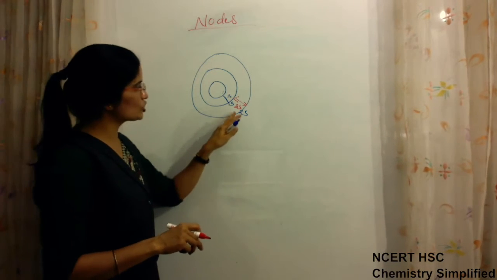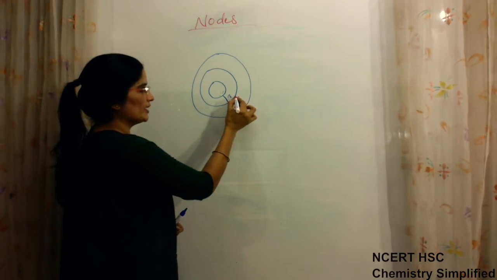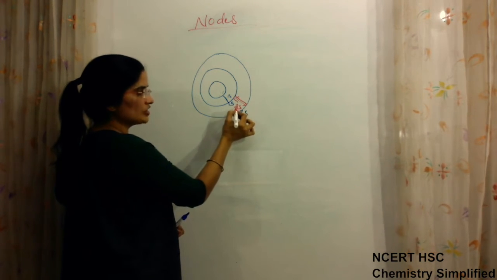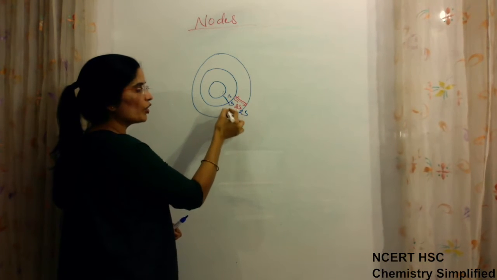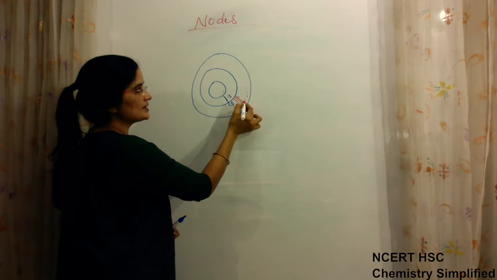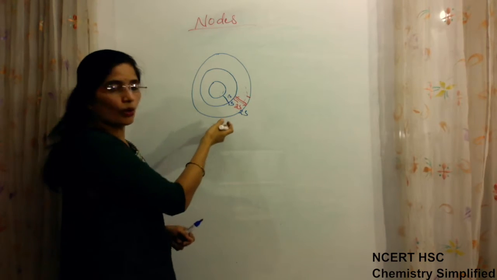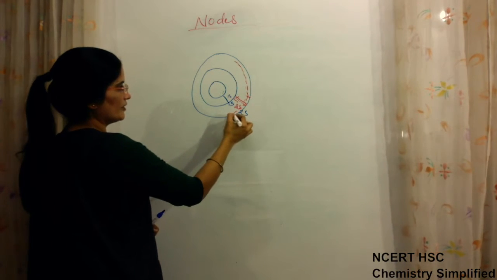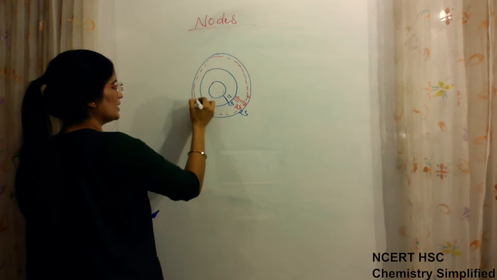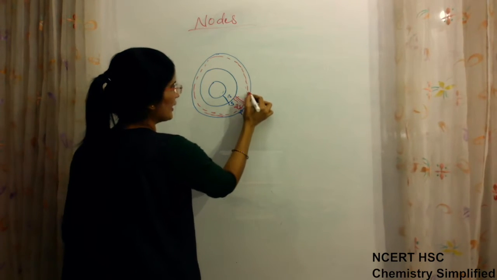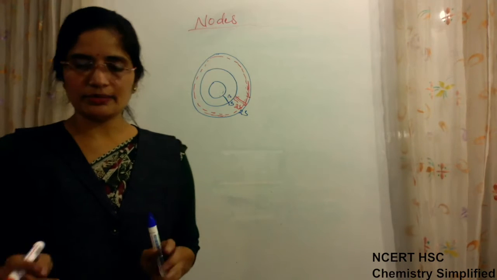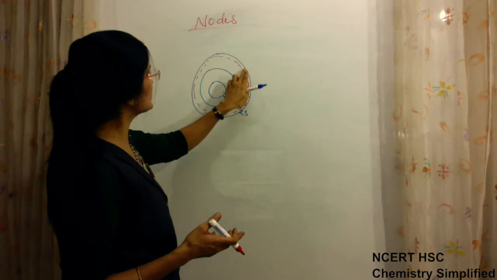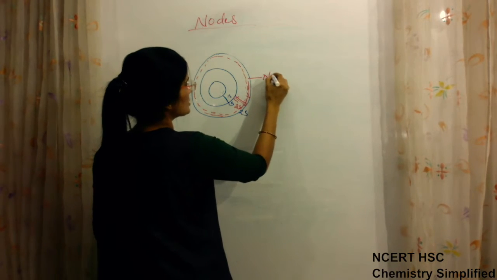Okay. So if this is 2s, what will happen as we move from 1s towards the end of the 2s? We will find that the electrons present in 2s are more probable to be found near the nucleus in this area rather than near the boundary where 2s is finishing. So I can say that in this area where 2s is just about to finish, there is a space where the probability of finding an electron, probability is probability, that means it may be present there, but chances are such that it cannot be present in this area. This area is known as a node.